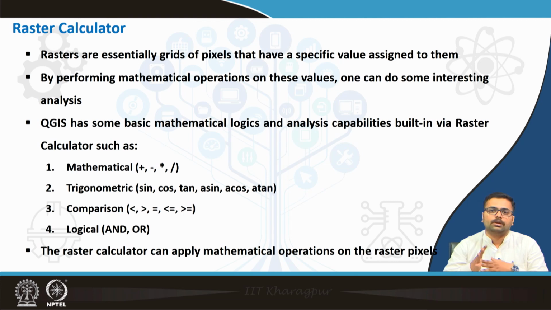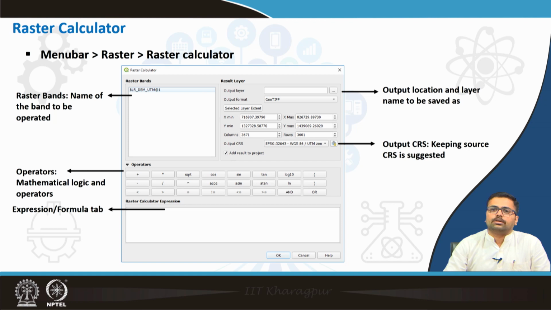And if you want to perform any logical operation, you can also perform that using AND, OR commands, something like that. Once we open the raster calculator tab, I will just demonstrate that. So, this is how the raster calculator tab looks. Here raster bands, this is the input which you need to give. Basically we will give the dem. Then output layer, we have to save it as a new layer, you have to give a new name, and then you have the extents and coordinate reference system, you can keep it as such.